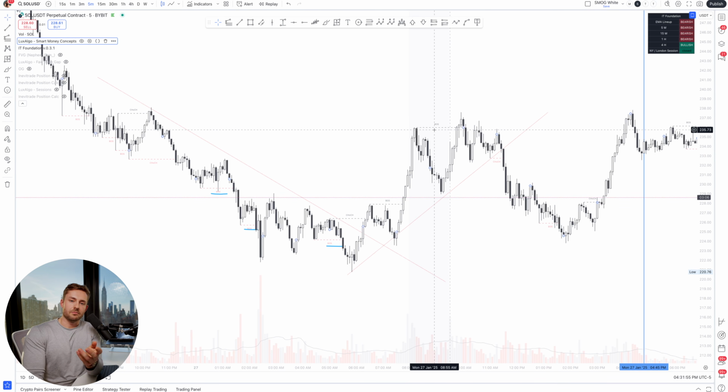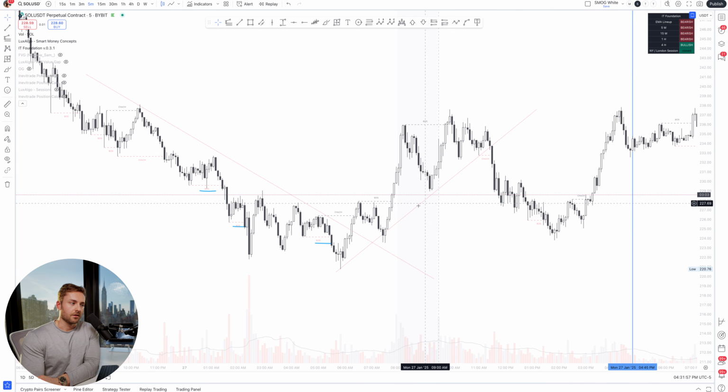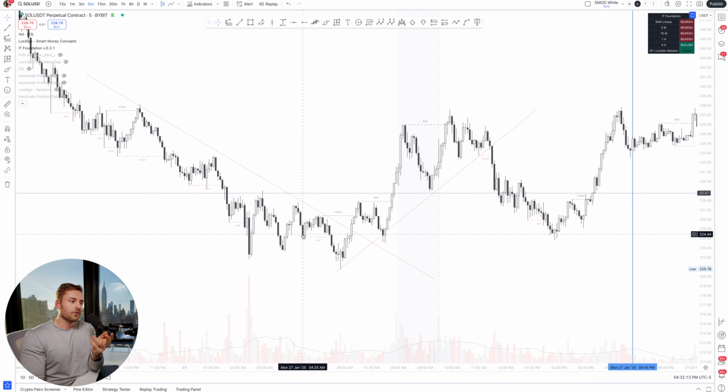I actually really like to use Lux Algo's smart money concept indicator here. That's automatically going to put these break of structure and change of characters on your chart. Now, a lot of people who trade this stuff have issues with that because they're like, I'm going to draw it myself. I know where everything is. That's fine. I like to have a full understanding of all of these, but it's nice to have them automatically populated on my chart